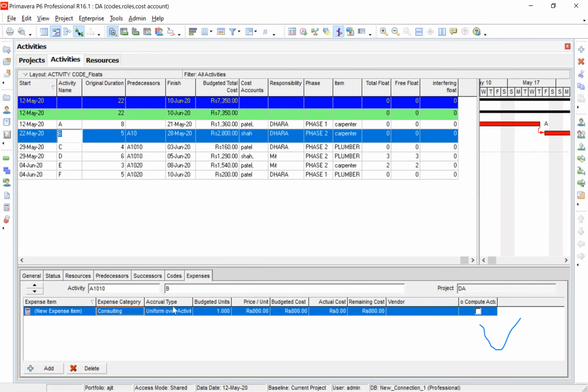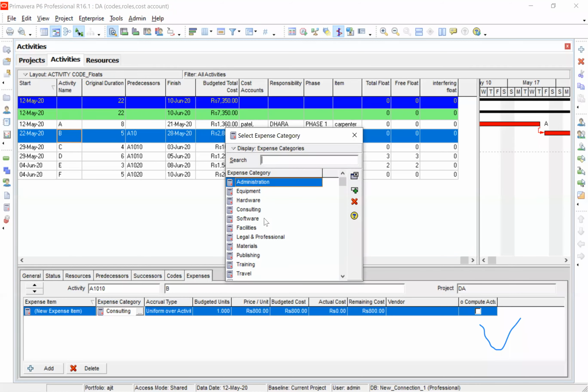The expense could be consulting, material, facilities, or whatever. In this case, I have said consultant is the expense which will be added to the activity. That consultant will look after this activity.